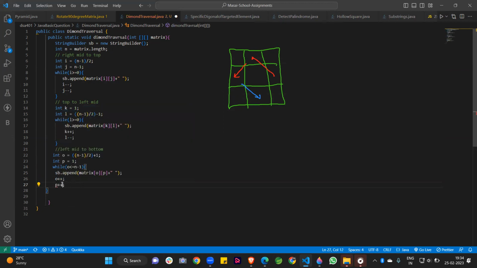Okay, because the row is also increasing in this direction and the column is also increasing in this direction. So guys, after that, this is done. So the last thing is remaining. So we can write here bottom to right mid.